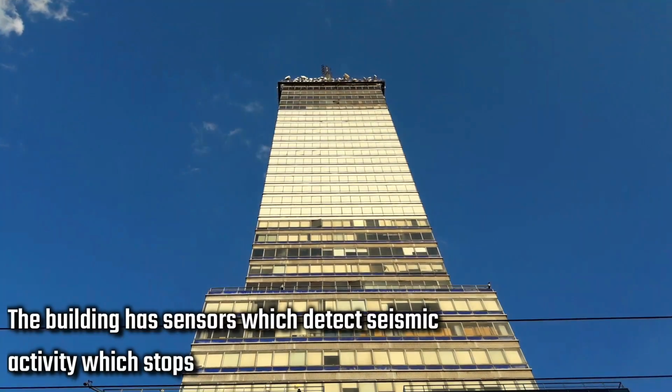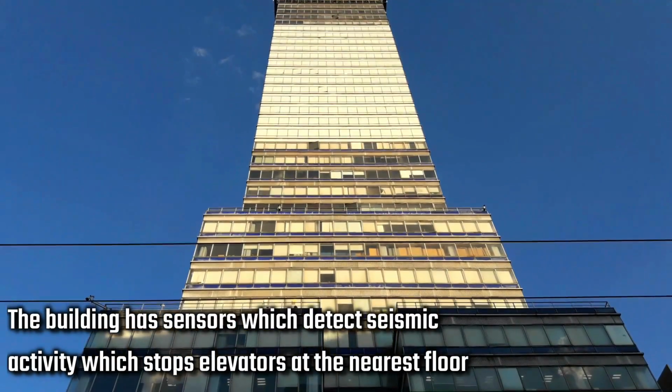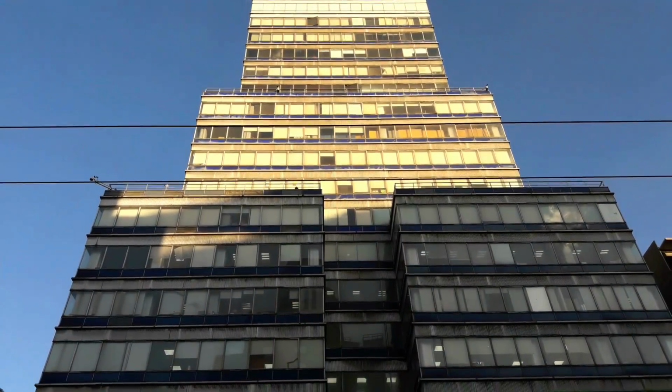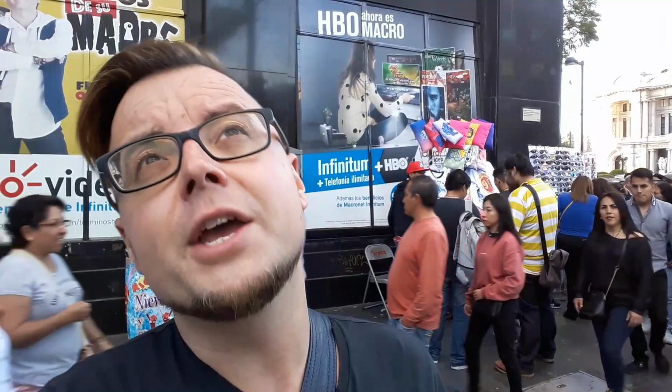was basically like a marvel of modern engineering in Mexico, because when you think about it, Mexico City is an extremely seismic area. So there's been three huge earthquakes, 1957, 85 and 2017, and this building has withstood all of them. And when you look at it, you know, up close, it does look like it was built in the